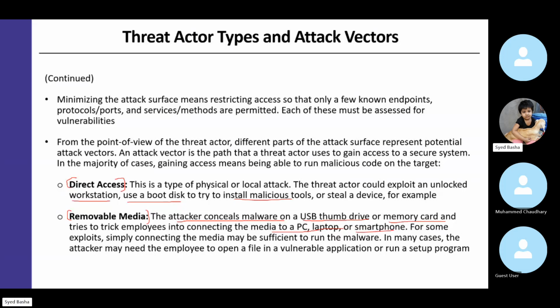As soon as they entered their office, the first thing they did was switch on the computer. When they saw the screen, they put in the USB because they wanted to see the size of the USB and what was inside. That's it, boom. What was inside the USB? Malware. Yes, malware, because they had challenged the company. They kept the malware inside the USB and gave it out. This way they proved how vulnerable humans are.